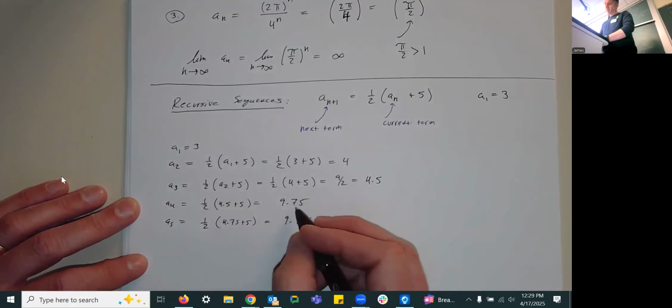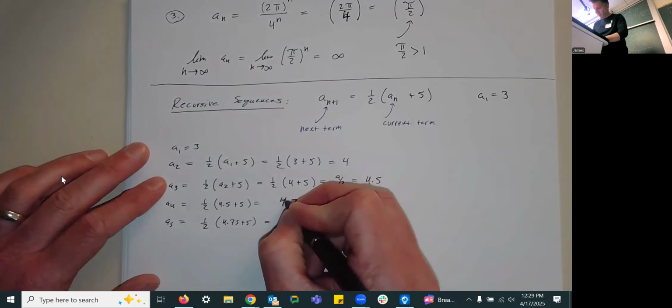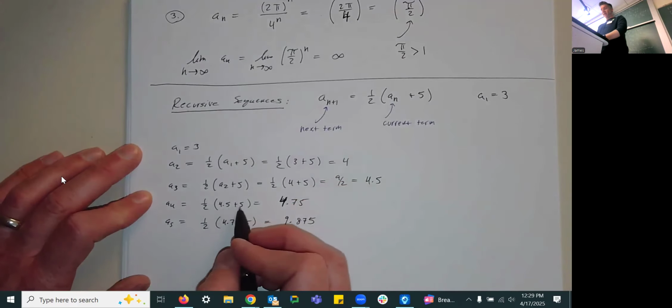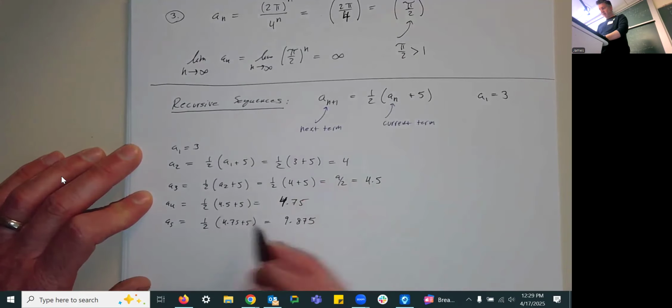Sorry, what? Let me just double check that math there. 8.875. There we go. That's better. All right. Not 9 though. Not 9.75 or 9.875. That should be a 4. Sometimes my 9s look like 4s. Sorry about that. Right. 1/2 of 4.5 plus 5 is 1/2 of 9.5, which is 4.75. And 1/2 of 9.75 is